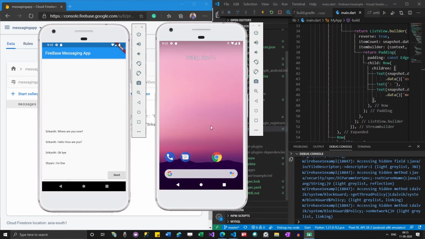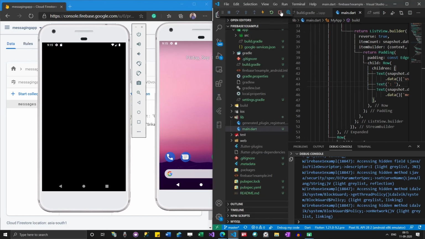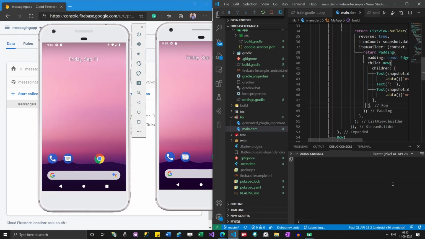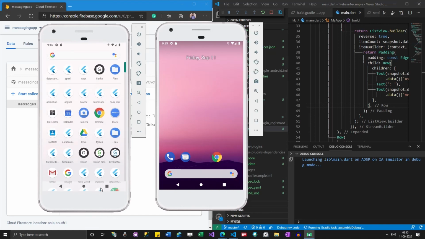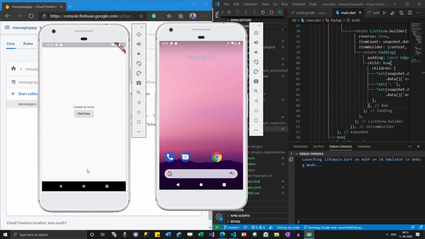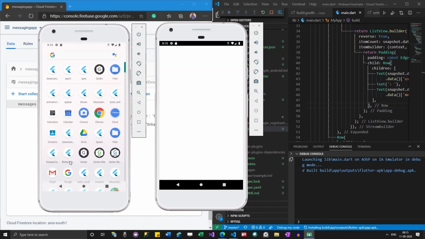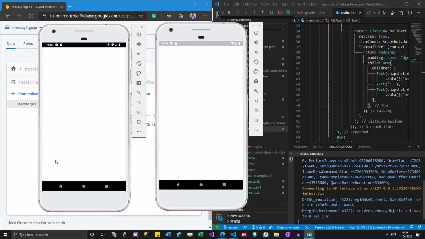Now I will load this app here. Let me stop it first of all, and then load it again. It will load to this emulator. In the meantime, I will open the app from here, the Firebase X1 example.